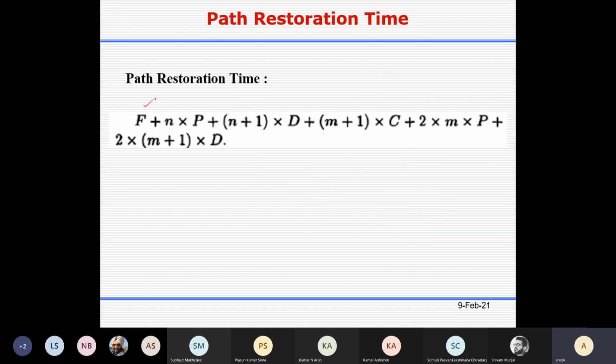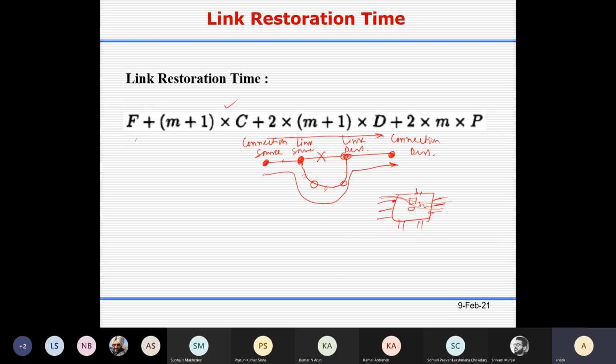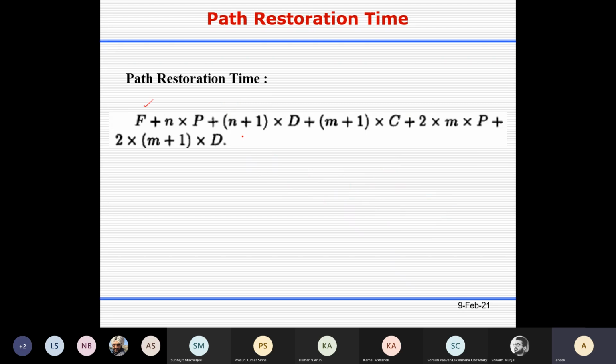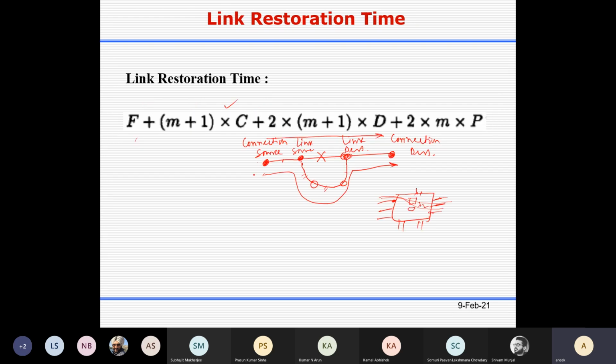So F plus the number of hops, from this point to this point, the number of hops is n in general. n can be any value. So n into p is the propagation delay, and (n plus 1) into d is the processing delay. Now it reaches the connection source node. So now you have to find this path. Along this path, the number of hops is m.